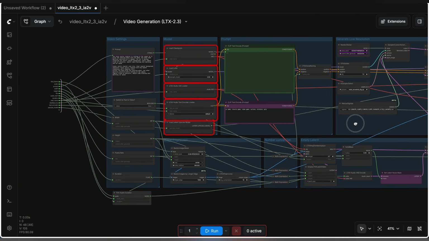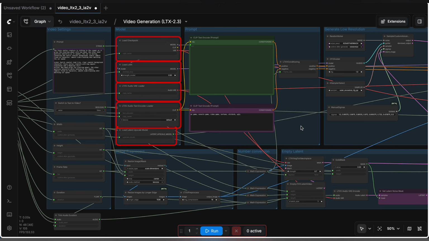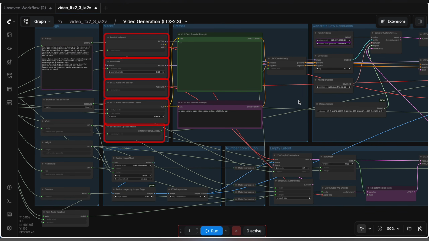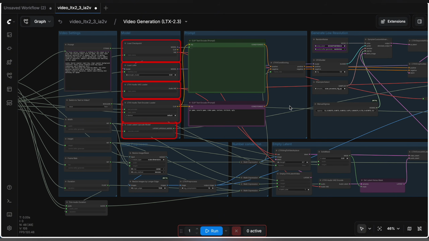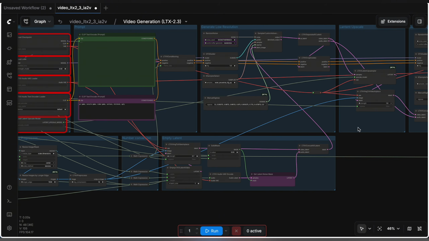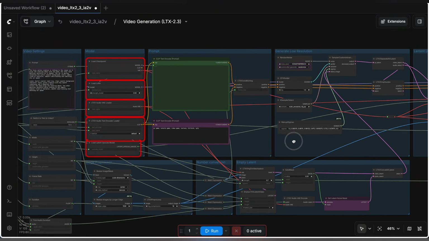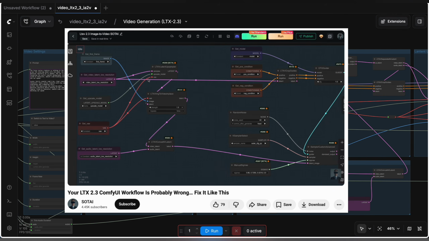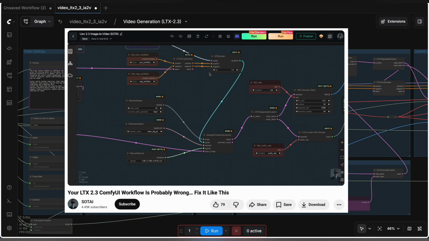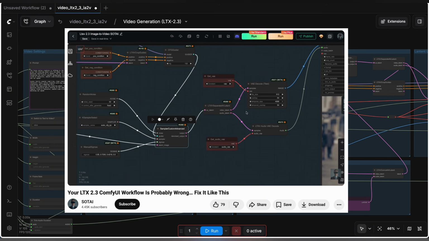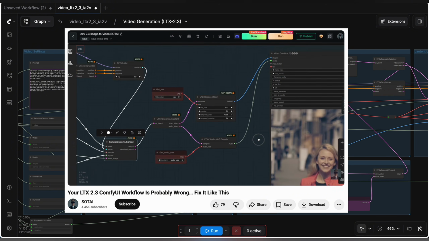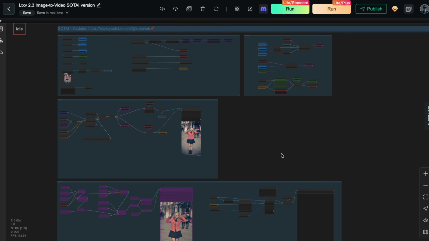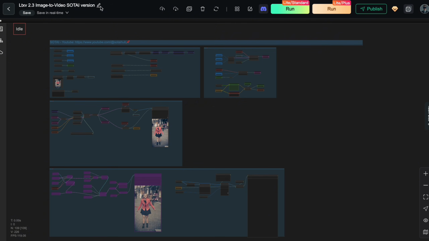However, similar to the image to video workflow from the previous video, in my opinion, the default version is still a bit messy. It can be confusing for beginners, and more importantly, from what I've tested, the results are not fully optimized yet. So instead of following the official workflow exactly as it is, in this video, I'll show you how to optimize the image audio to video workflow using the image to video workflow I introduced in the previous video as the foundation. All right, and right here we have the LTX 2.3 image to video workflow